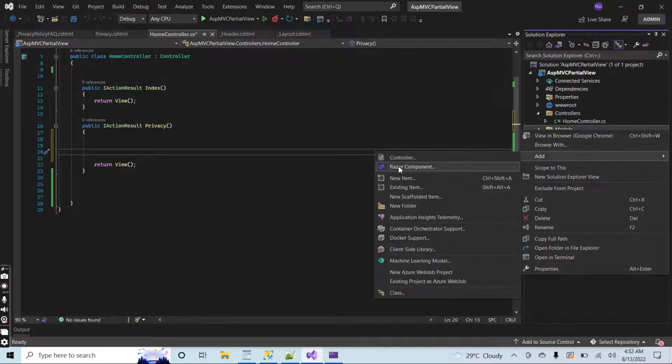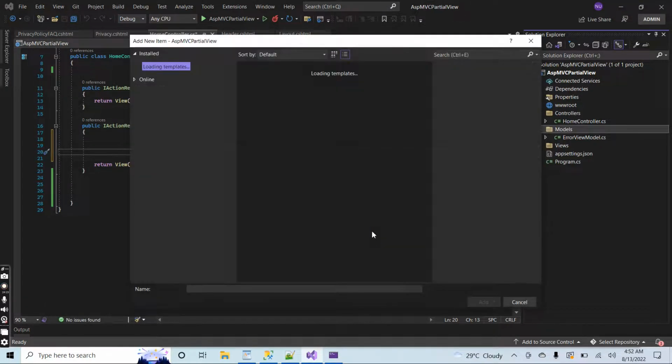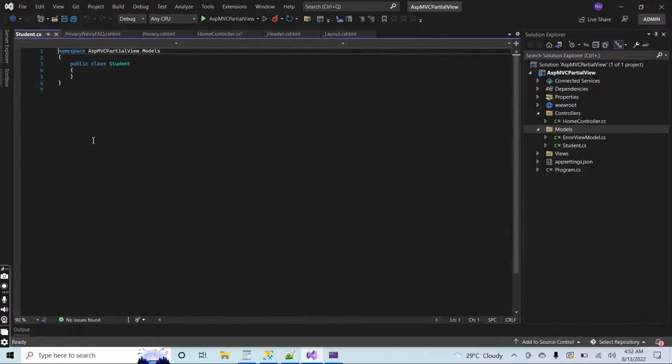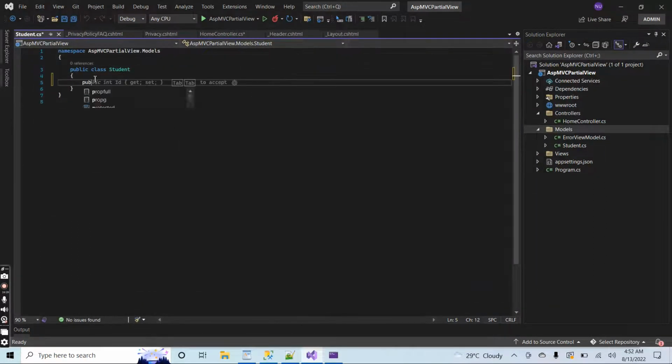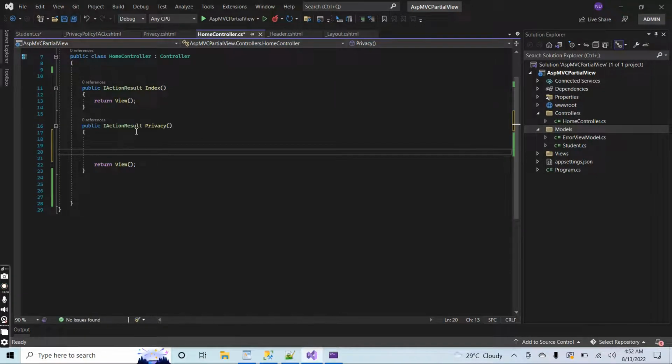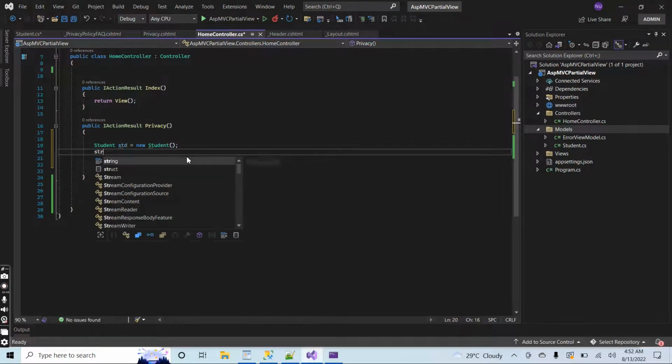Add, let me add a very simple class, Student.cs, and let me add two properties, public int Id and public string StudentName. These are the ID of the student and its name. Let me declare the student inside the privacy policy page, Student std = new Student,